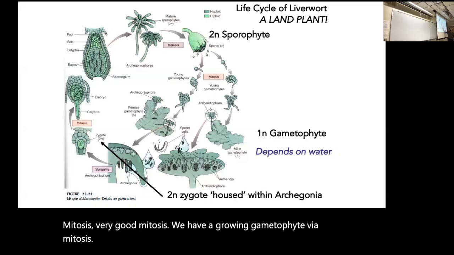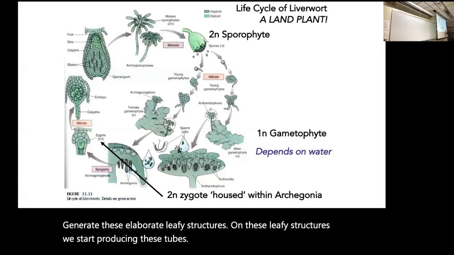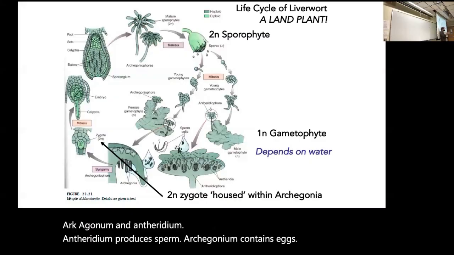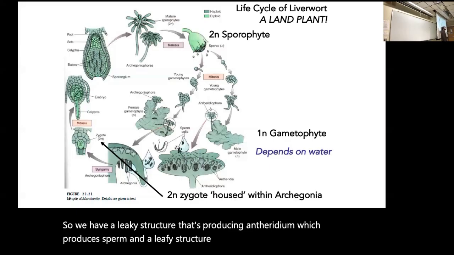Generate these elaborate leafy structures. On these leafy structures, we start producing these nice tubes called archegonium and antheridium. Antheridium produces sperm, archegonium contains eggs. Antheridium is the male component, archegonium is the female. So we have a leafy structure that's producing antheridium, which produces sperm, and a leafy structure producing archegonium, which is